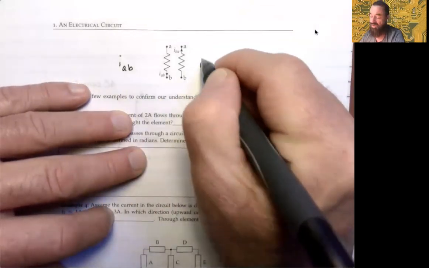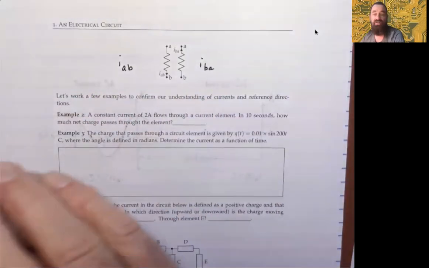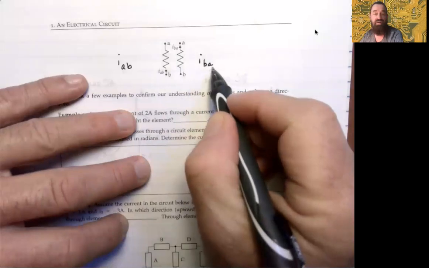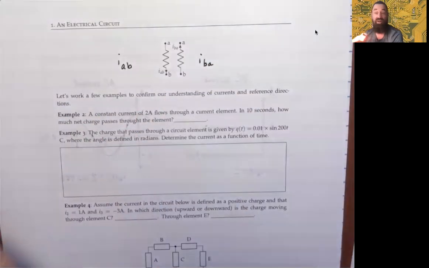The one over here on the right is an index of current IBA. In other words, you start at B and go through A. So again, it goes from the bottom to the top. So that can be very helpful sometimes, in the case of designs where you don't want to have a lot of arrows, just index the current this way, right? A couple of examples before we end the lecture here,